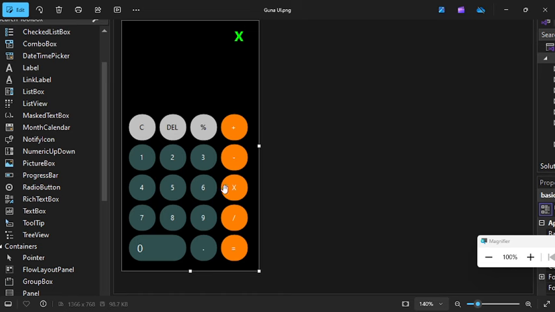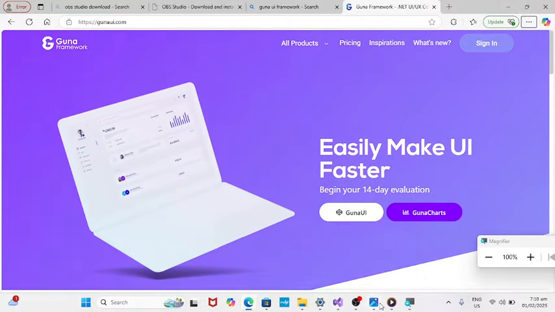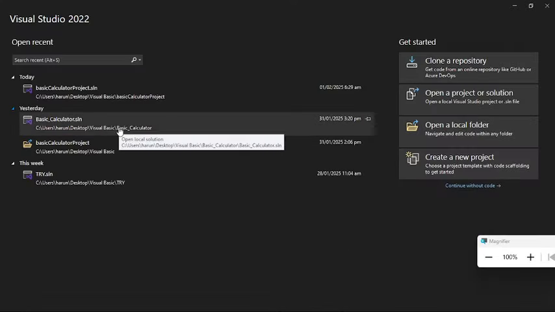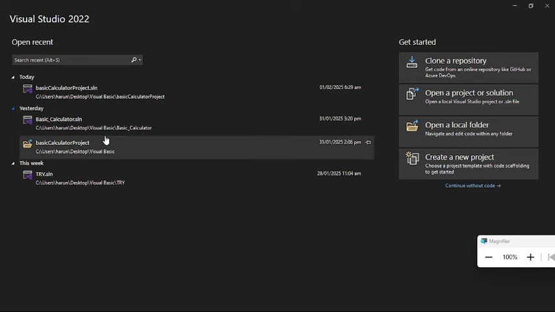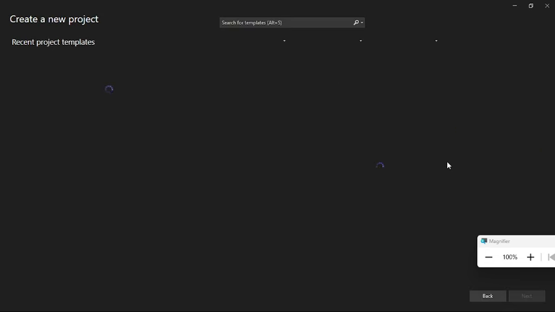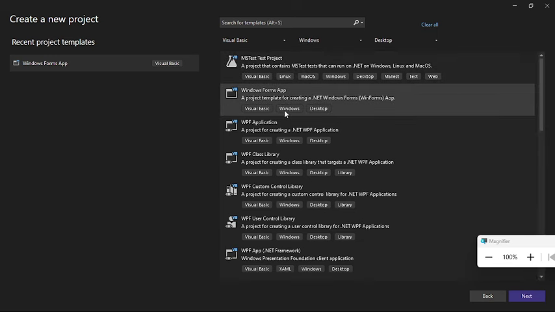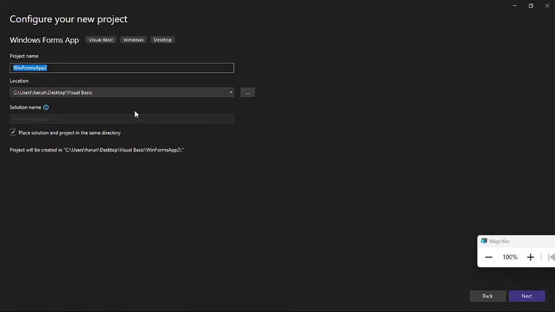So let's get started. You just have to launch your project in Visual Studio 2022. When you launch it, you just have to create your project. So let's create our project. You create a new project, select Windows Forms app, then continue. Then name it. I'm going to name my project